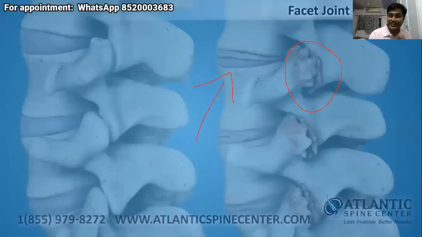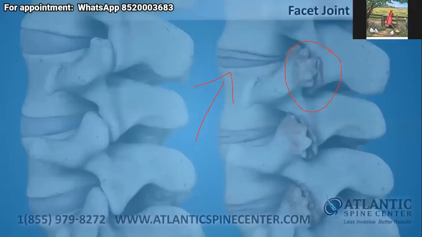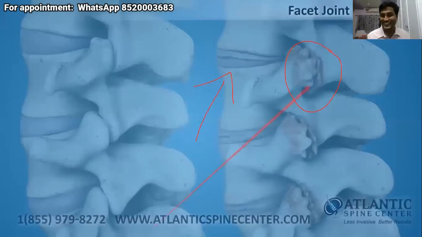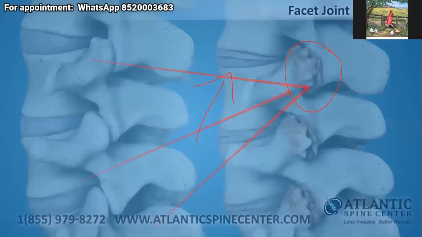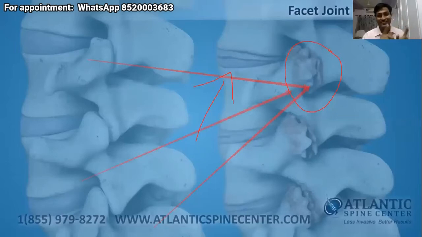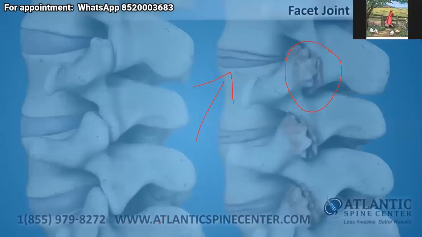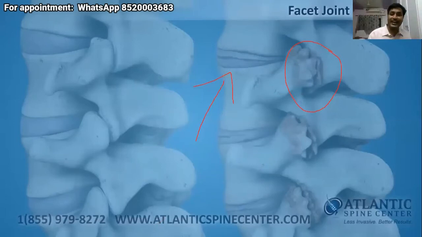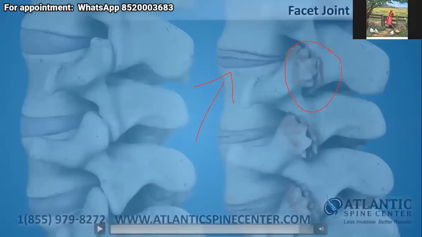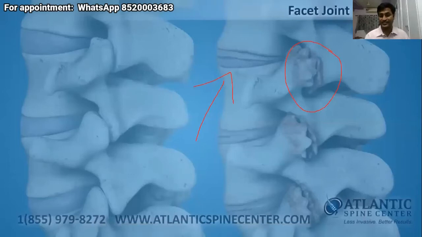Lumbar disc prolapse is a clinical diagnosis or a radiological diagnosis? Radiological diagnosis. No, both. Without clinical diagnosis, there is no radiological diagnosis. Yes, but radiological is also involved. So it's clinical with radiological. And practically, when a patient comes to you from a neurosurgeon or a neurophysician, you will have a paper from them saying that he has a disc prolapse at this level. And facet arthritis is a clinical diagnosis or a radiological diagnosis? Clinical diagnosis. Again, both. It's more of a clinical diagnosis, less of a radiological diagnosis.